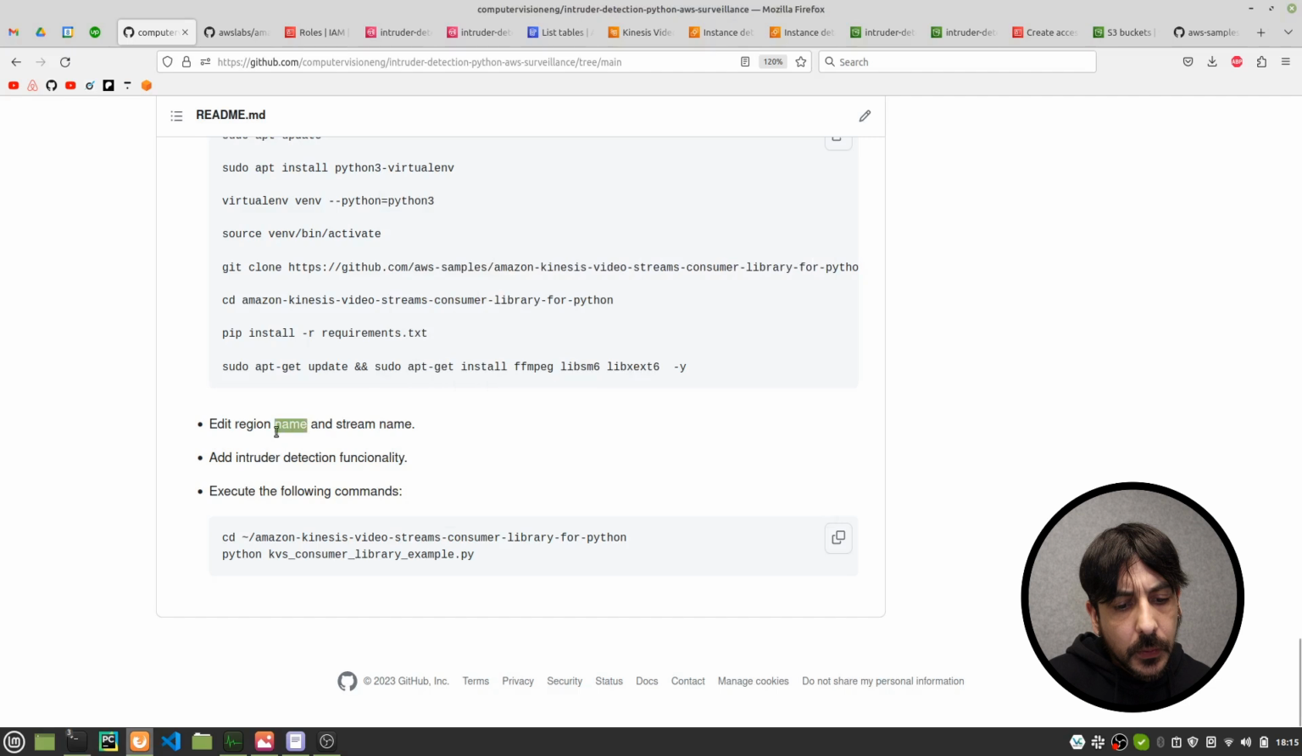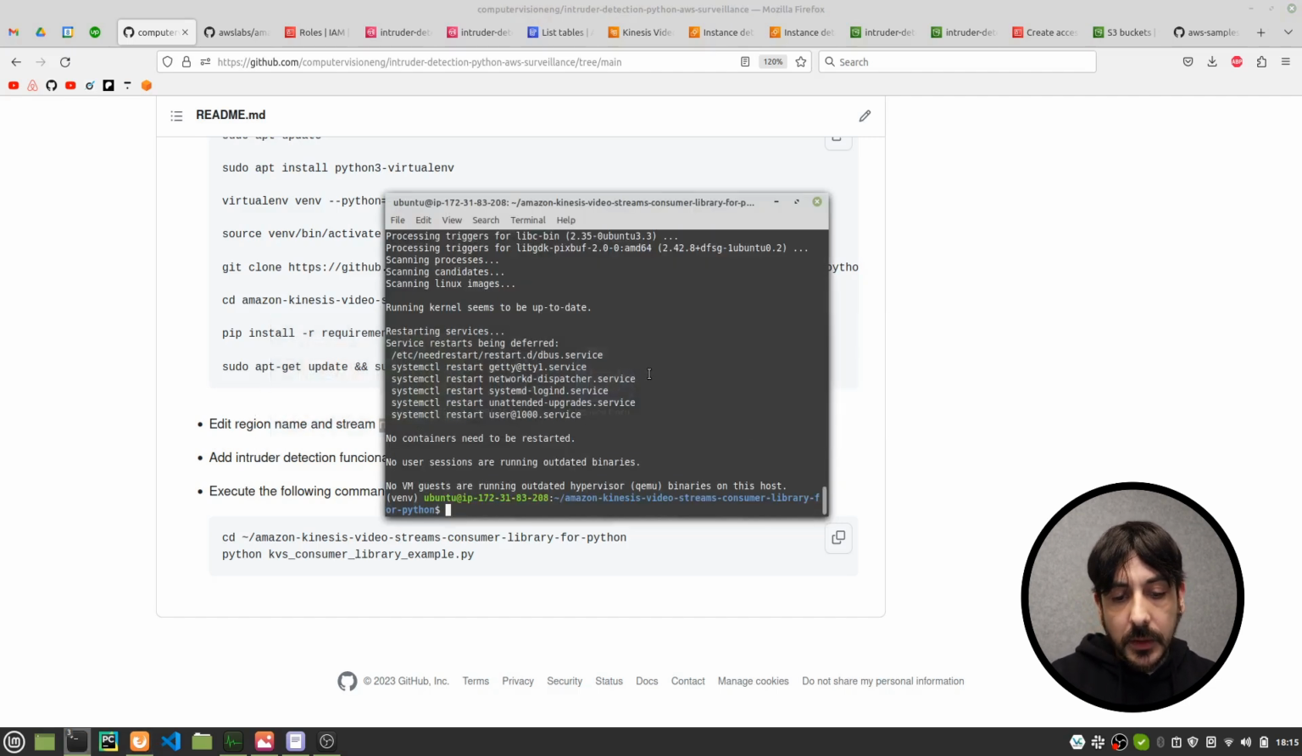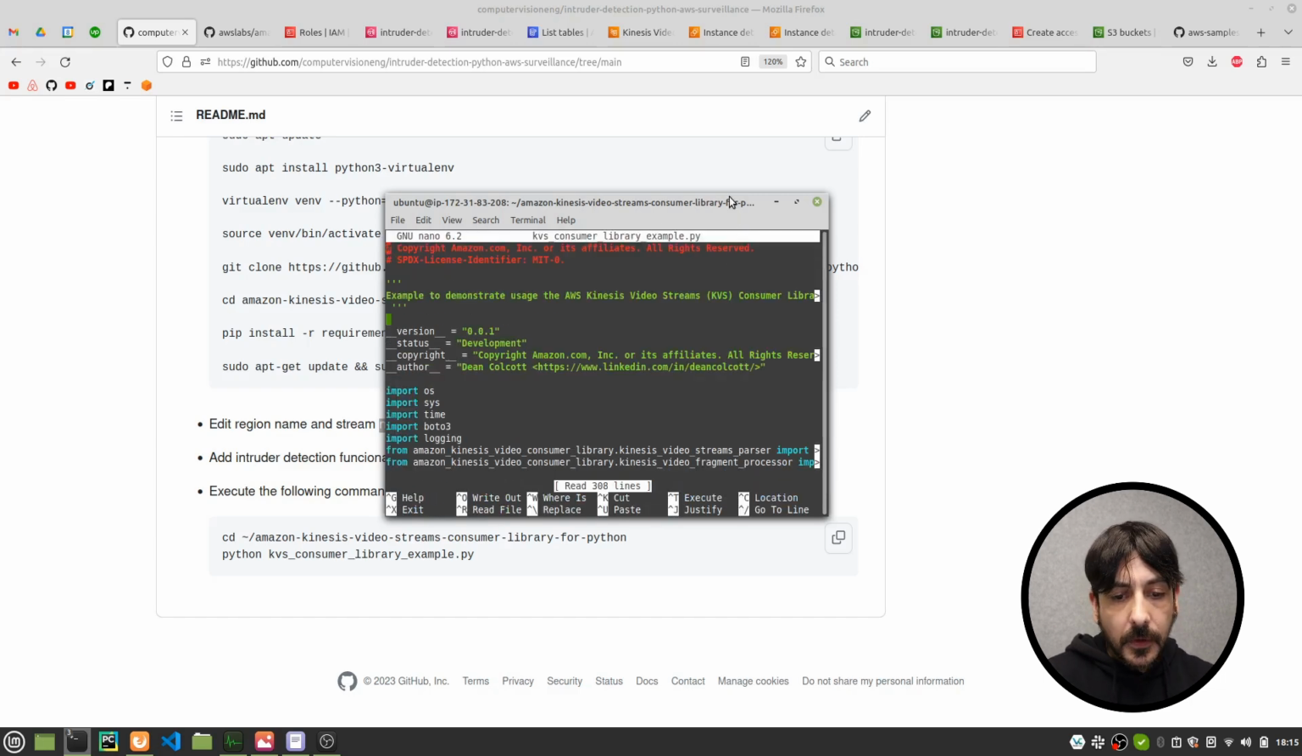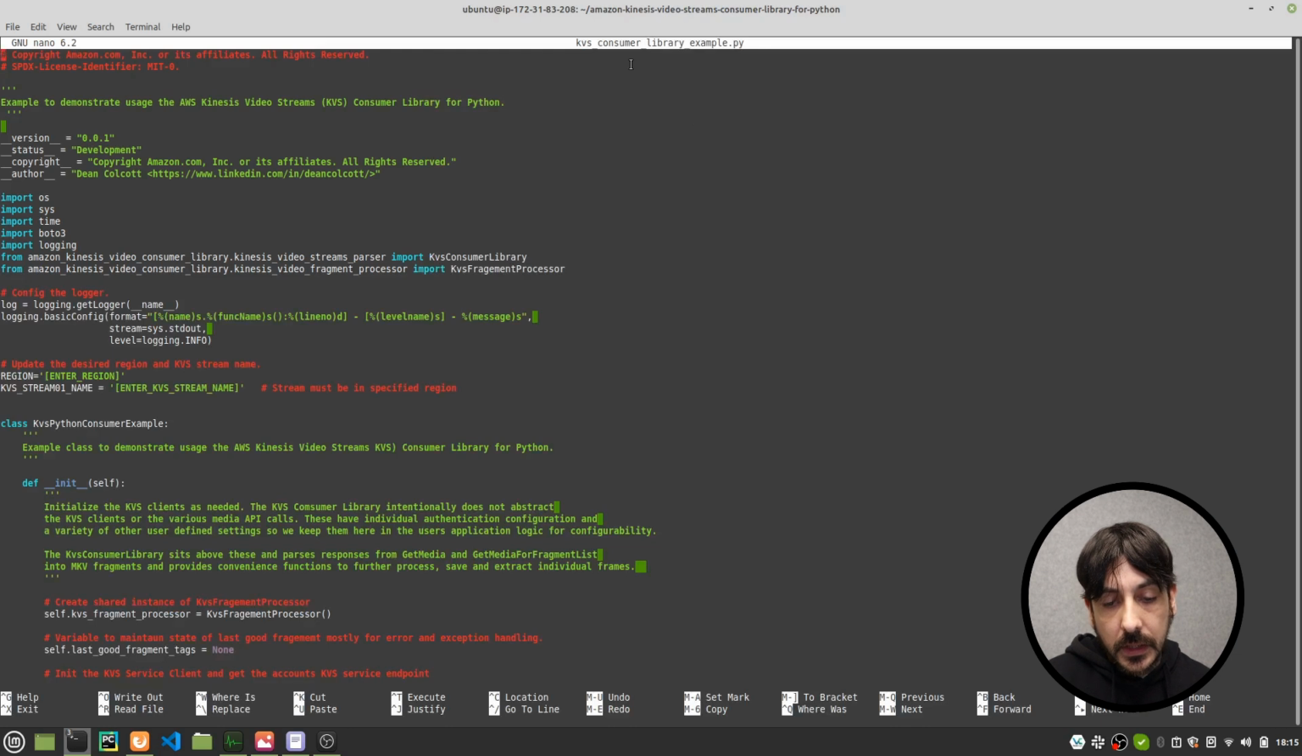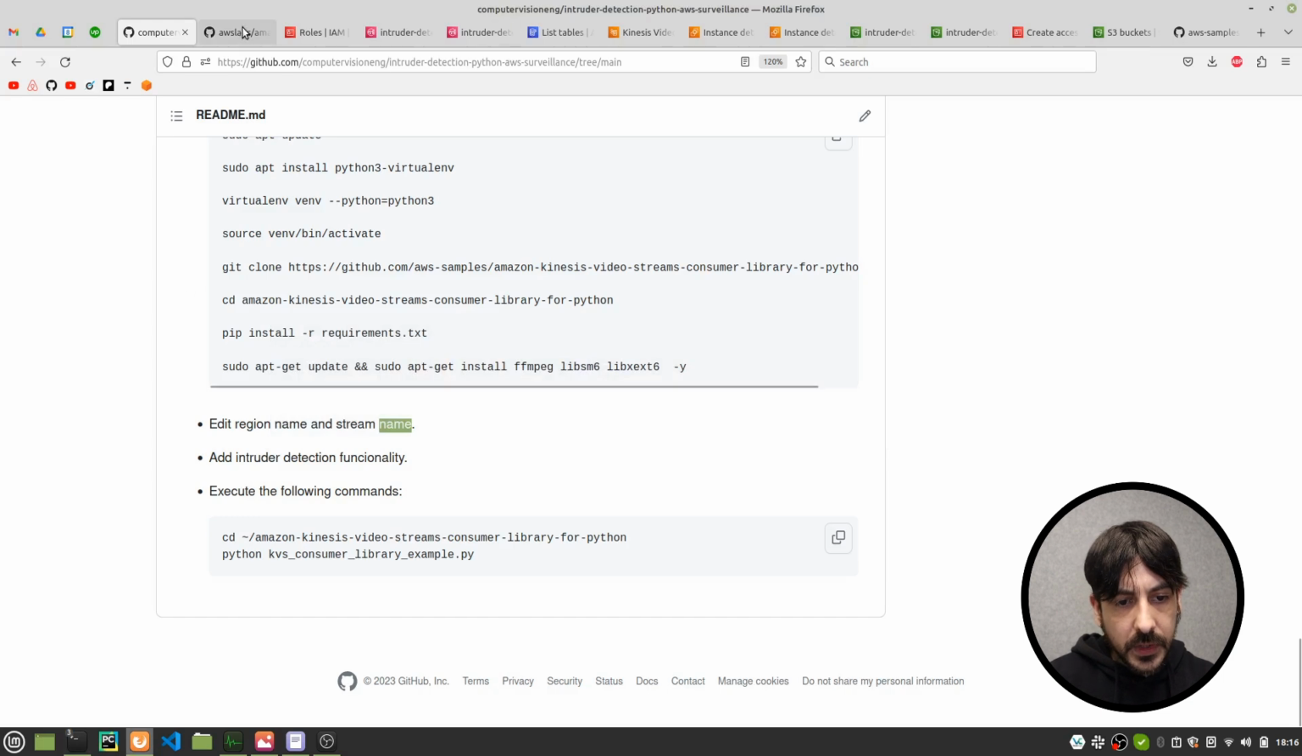Okay, now let's continue. Now we need to edit the region name and the stream name the same way we did in the previous consumer. So the only thing I'm going to do is to type nano kbs consumer library example. We are going to work with the same file, right, which is this Python example. So I'm going to edit the region name, which is US East 1, and then the stream name, which will be,